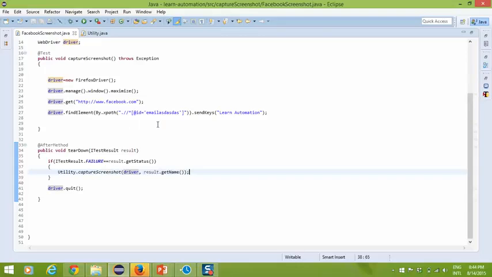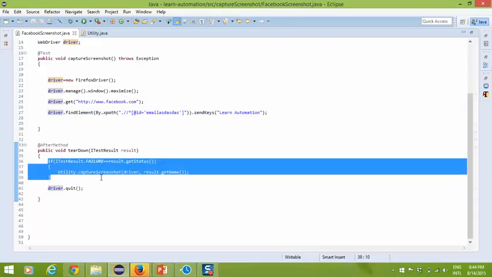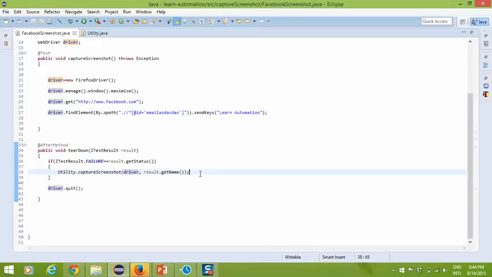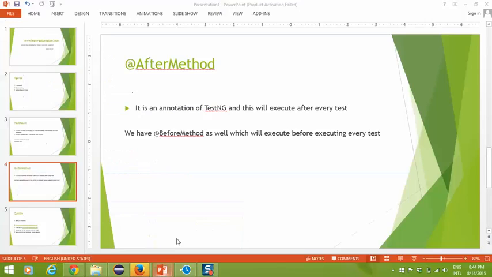So if you want to try the same thing, just give the valid XPath and run it. It will not capture the screenshot because in that case status will be passed, and if this if condition will not satisfy, it will not capture the screenshot, right? That's a very small video and very informative. Then I will highly recommend you just please implement this in your automation framework if you have not implemented yet.